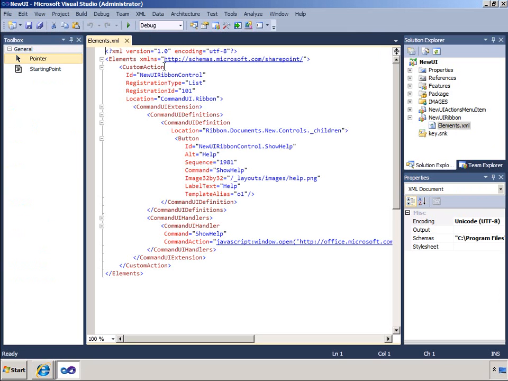We provide an ID and a registration type of list, so this control will appear for lists, and its registration ID is 101, which indicates document libraries and lists. And we also have a location that says this appears on the Ribbon command UI. We then get into our command UI extension and definition section, and we specify the location of this command, so that's the actual control. And we'll say it's in the